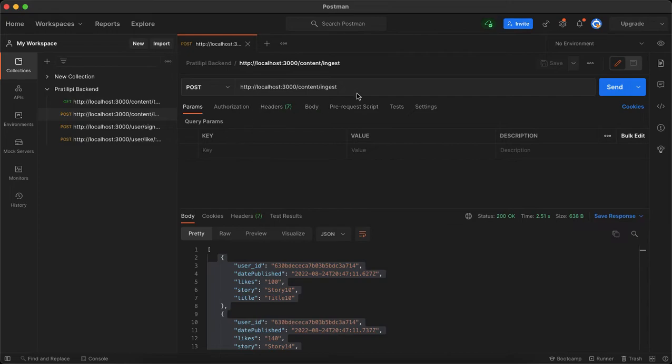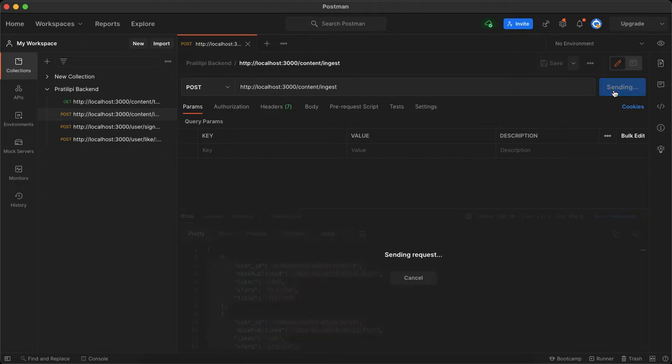So this is the API request which we need to make, and it will ingest the particular data which was present in the demo.csv file. It will parse that CSV file into JSON, and then according to the filter request, it will filter the data and add it into the database. So currently let's try to add some data. The response is an empty array, which means no data was added into the database,